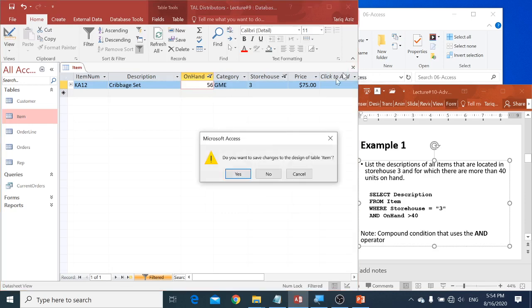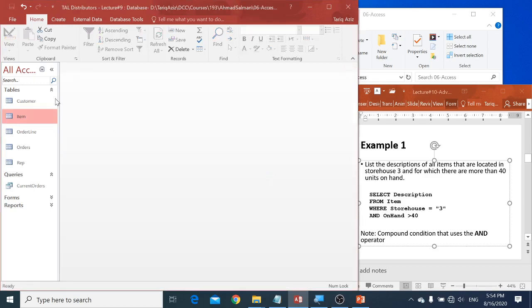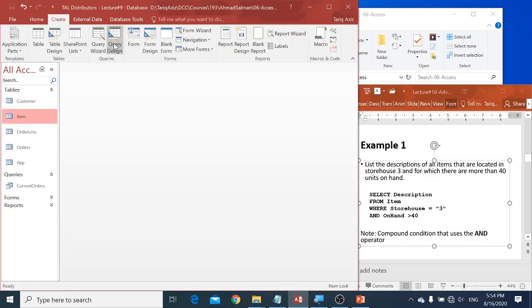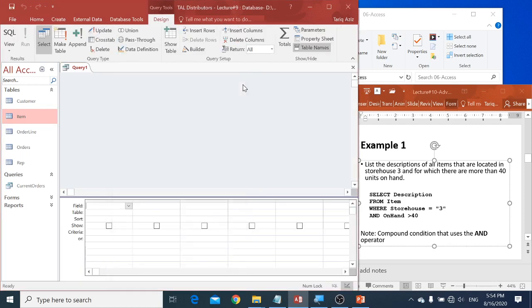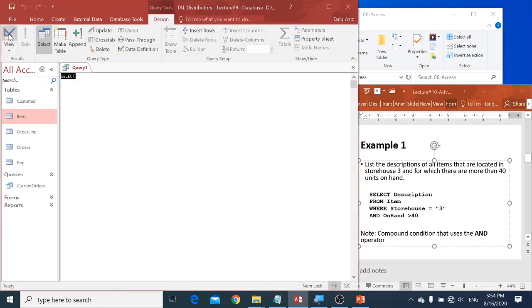So let's go and run. I don't want to save the table. Create design query. Very good. Close this one. I want to go to the SQL view and write the query. SELECT description FROM item table. What is the condition? WHERE. By the way, small or capital is no problem, but it is good if you write the command words in capitals and other words in small letters. That will be a good idea. Otherwise, it doesn't matter. Storehouse is equal to 3